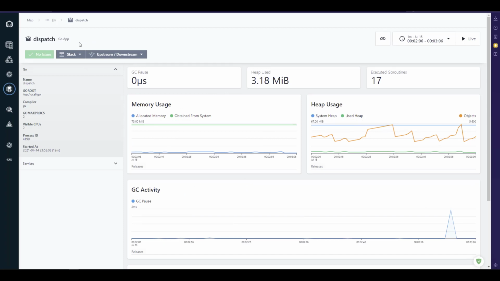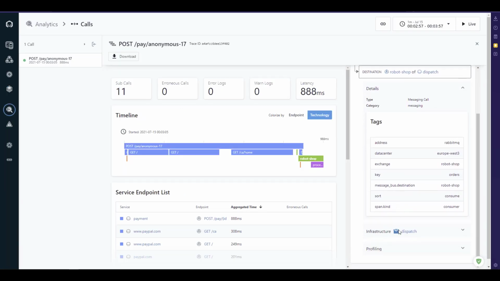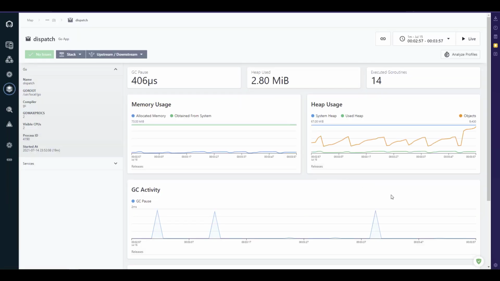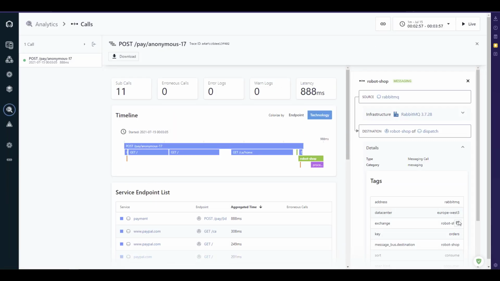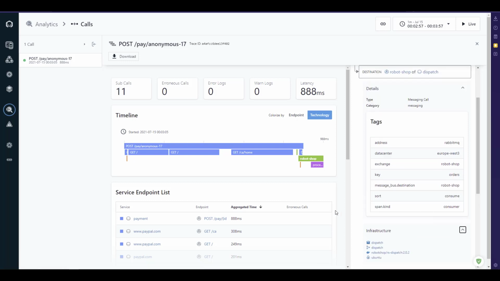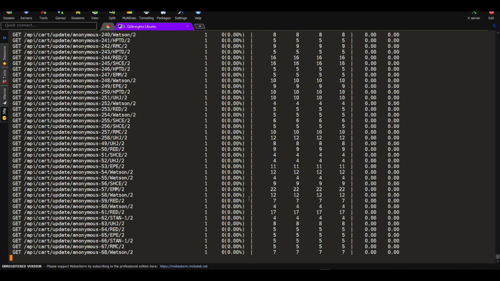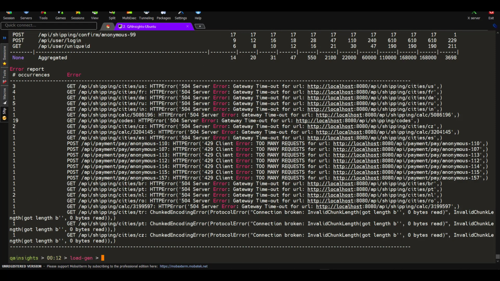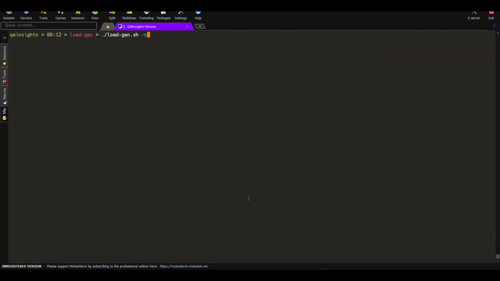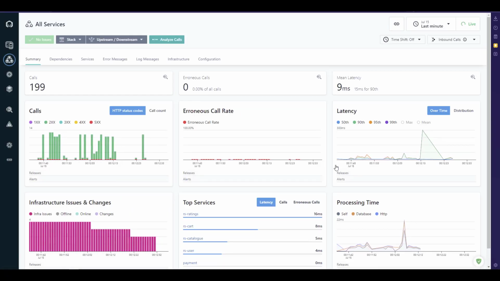So it's a Go application here. Right now there is no issue. And similarly you can go back to the infrastructure, and then you can see each component. So right now we are not seeing any issues, only the elevated response time. Now what we can do is, let me go back to my Ubuntu box. Let me terminate this particular session, and let us run with say 50 threads, and let us go back to the Instana UI, and let us wait for a few more minutes.